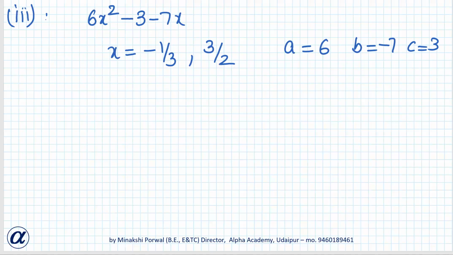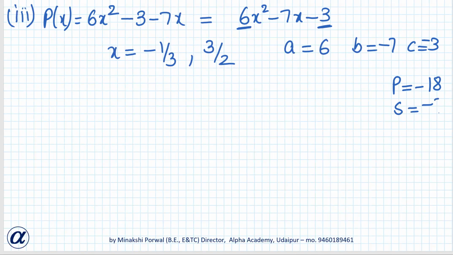So here actually this polynomial, minus 3. Okay, minus 3, right. Here polynomial is not arranged in decreasing powers of x. So first step is arranging it in decreasing powers of x. Then factorizing. For factorizing we have to think product of two numbers is minus 18 and their sum is minus 7. Okay. So 9 and 2 will be the numbers. It will be minus 9x plus 2x minus 3. This way we will factorize it.